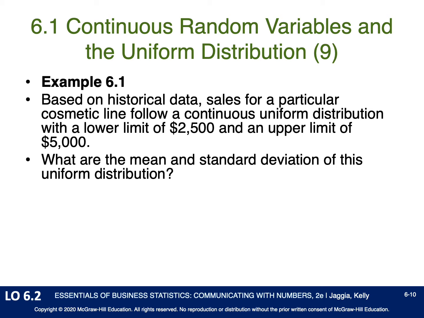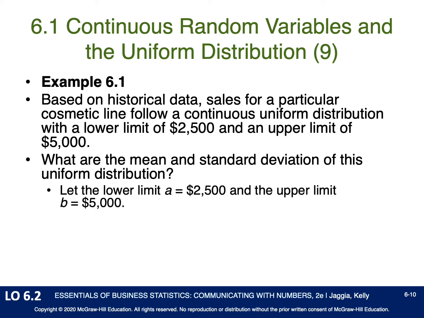So, for example, we're told that sales for a particular cosmetic line follow a uniform distribution. They have a lower limit of 2,500 and an upper limit of 5,000. So first of all, let's calculate the mean and the standard deviation. So if our lower limit is 2,500 and our upper limit is 5,000, remember the mean is just the lower plus the upper divided by 2. So that is 2,500 plus 5,000 divided by 2, or